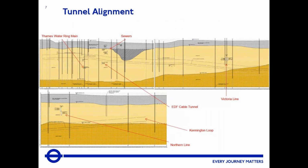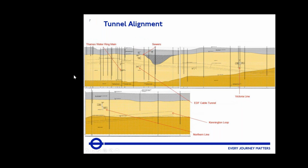And then this is the tunnel alignment. So this is really what drove the final alignment of the track that we have today. Battersea station box, you can see in the top left there in the lighter yellow colour in the middle. That's right. And then the tunnelling went through the London Clay. There's an EDF cable tunnel and some sewers, which we kind of went in between there. And then there's a scour feature, which the tunnel boring machines dealt with very easily, through the London Clay into